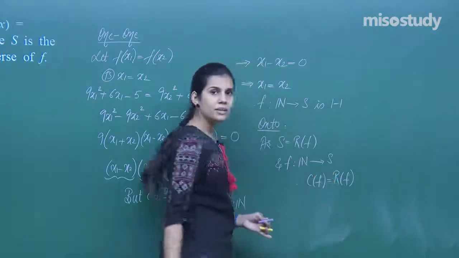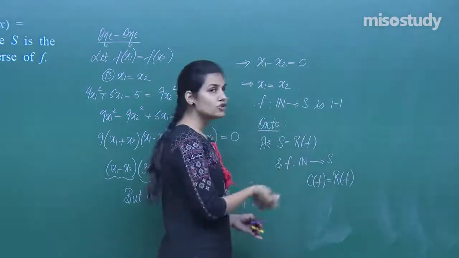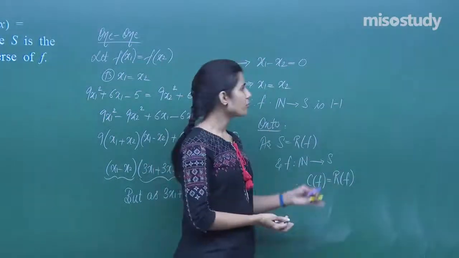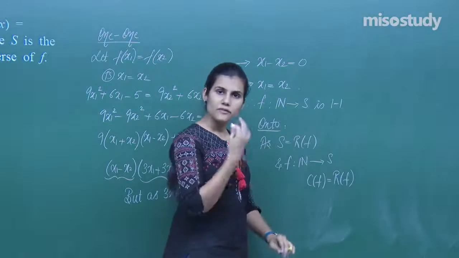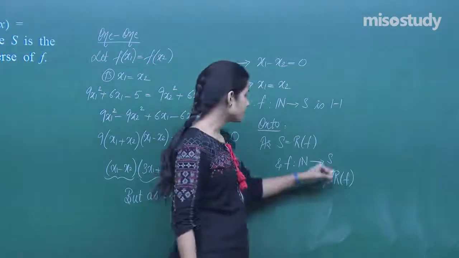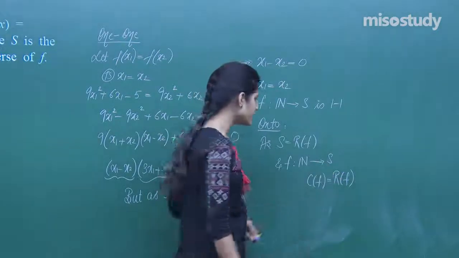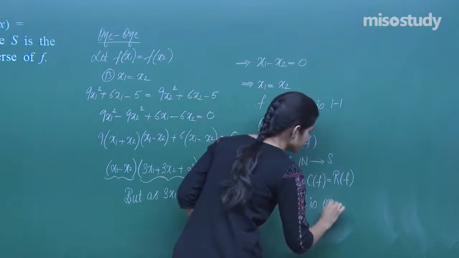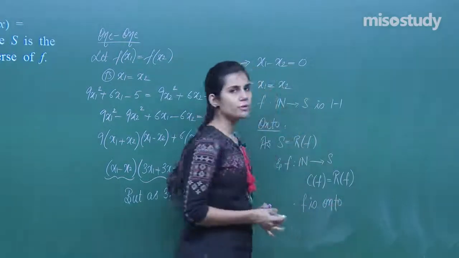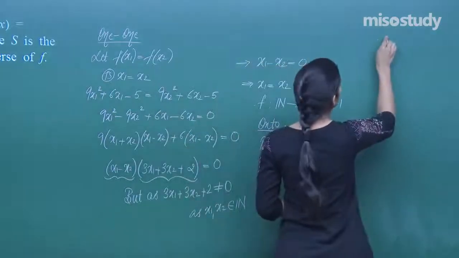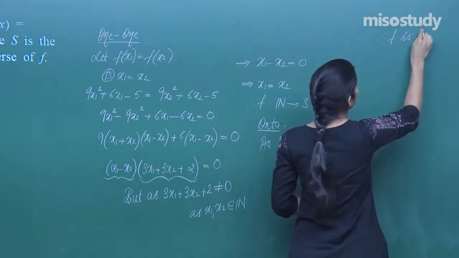That means every member in the codomain is the image of at least one member from the domain. In fact, exactly one member from the domain, because f is one-one also. So every member in the codomain is the image of exactly one member from the domain. That means the entire codomain is equal to the range, and therefore f is clearly onto. No need to show anything because the codomain itself is given to you already equal to the range, and therefore f is invertible.